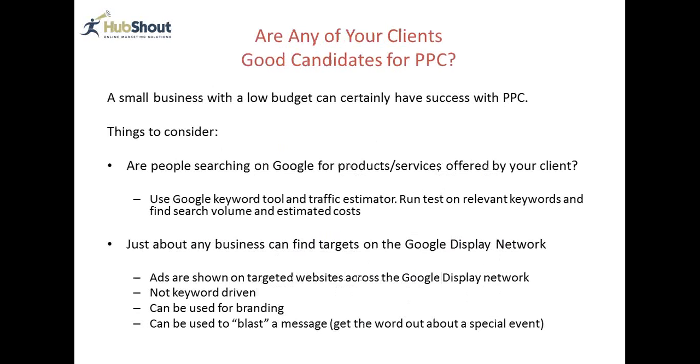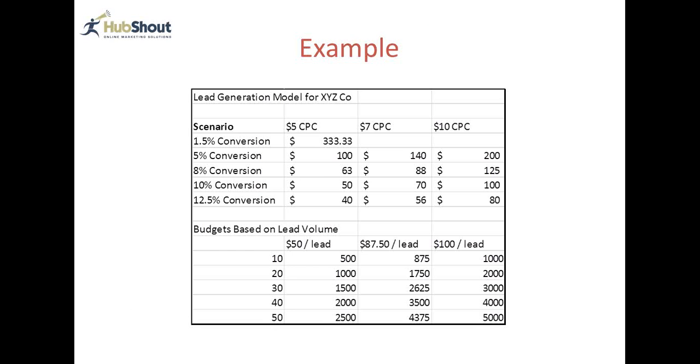Okay, I will continue then. So we touched on some of this stuff, but I just wanted to talk a little bit about how to determine if any of your clients are good candidates for pay-per-click. And I think the last page we showed some bigger budgets, but I would actually consider a lot of these, and I hope I don't offend anyone by saying, but there is a budget on this page where it's $500. I think if someone's budget's much lower than $500,